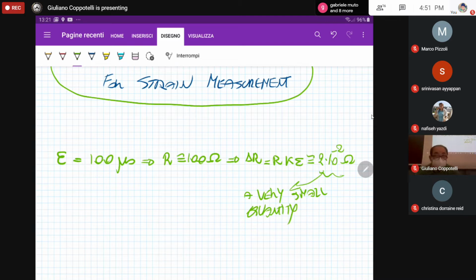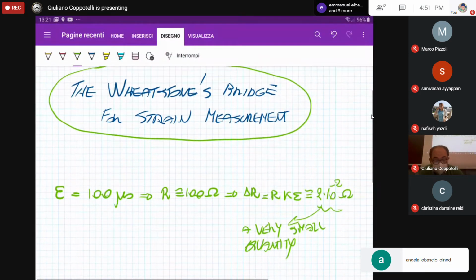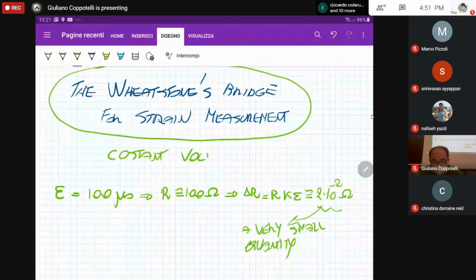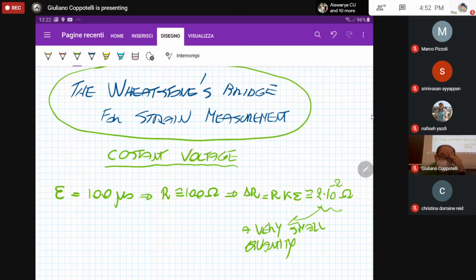For example, to be measured using the tester, the multimeter that could be commonly available off the shelf in a grocery store or whatever. So that's the reason why we need a more sophisticated measuring circuit, and this is the Wheatstone bridge. Wheatstone bridge based on a constant voltage. There is also a different measuring circuit that is based on constant current. We are not going to see it, just refer to the constant voltage